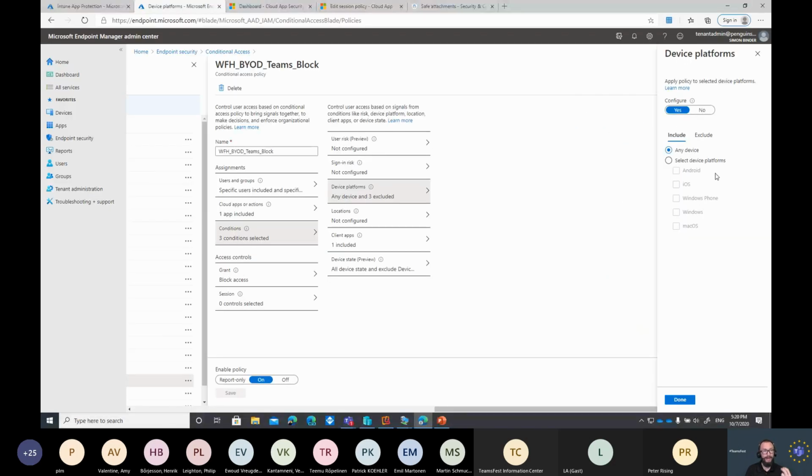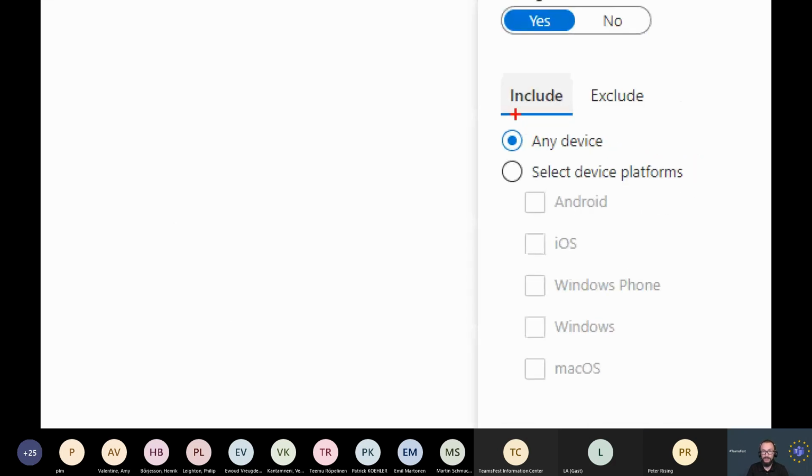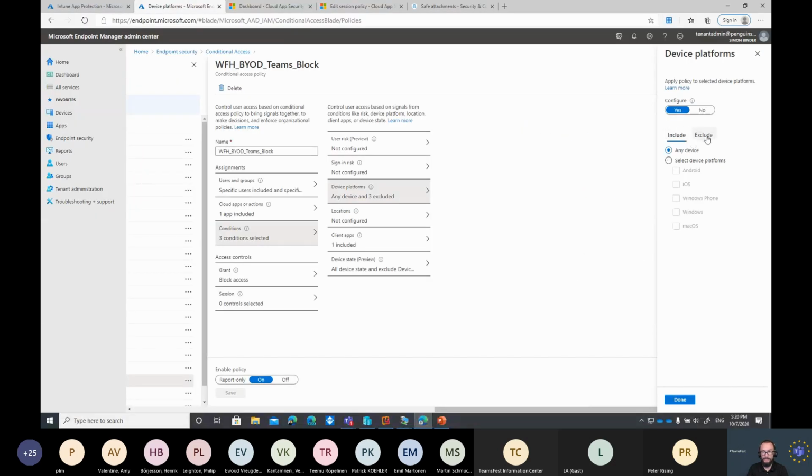And the best way to target Linux machines with conditional access is to do a very interesting rule. You include any device. And then you exclude all supported devices, because that will mean that any other operating system than these will be targeted by this rule and nothing else.